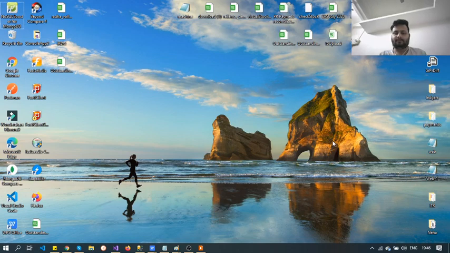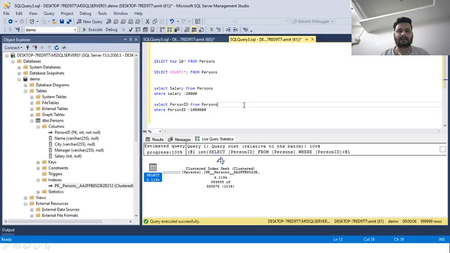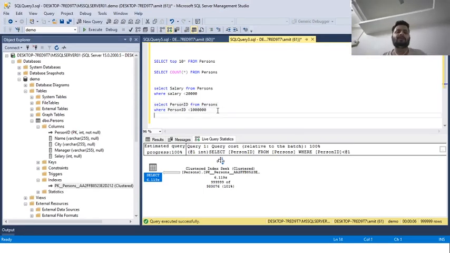Now I am doing it again. Okay, so now we will see how to get the records using the cluster index, right? We want the first 10 lakh persons. What exactly happened?